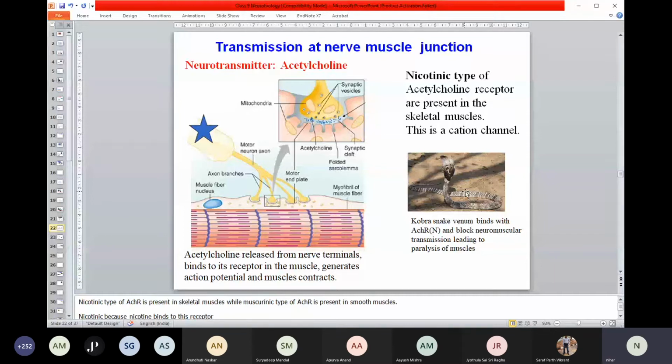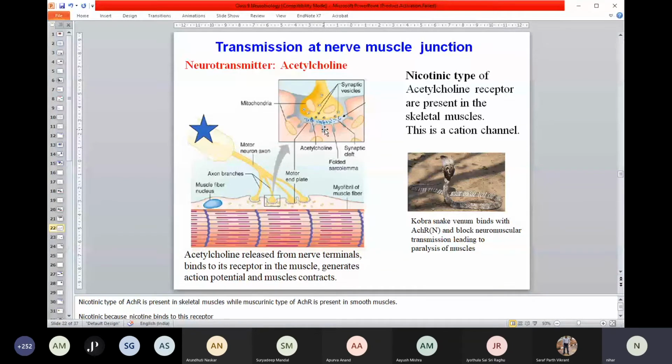So now you can understand how this venom can cause problems and can be deadly. If a snake bites, it obviously releases a lot of its venom in that nearby area, and that venom has an agent called alpha bungarotoxin. It will bind with the nicotinic type of neurotransmitter receptor, so what will happen? Because they are antagonizing the activity of the receptor, the muscle will not be able to contract. So at the end, the muscle will be paralyzed.